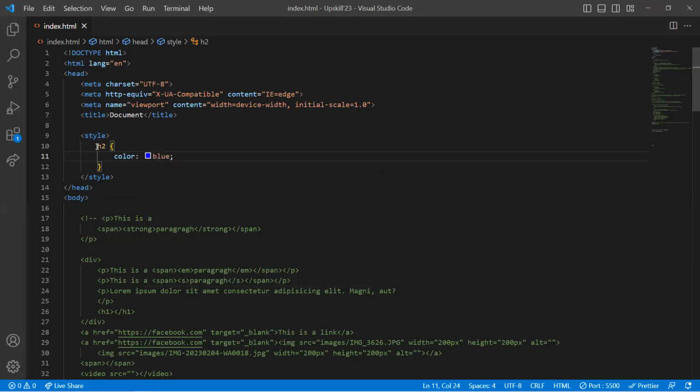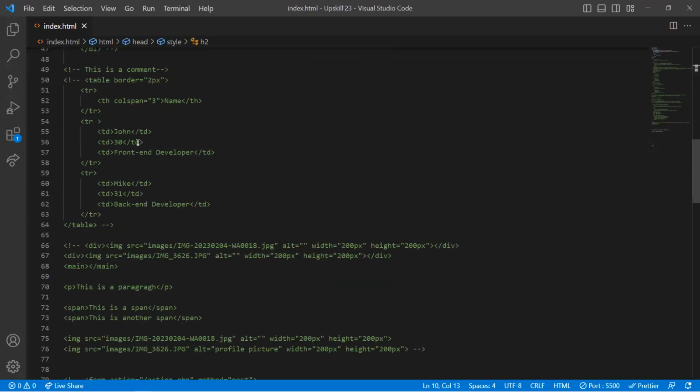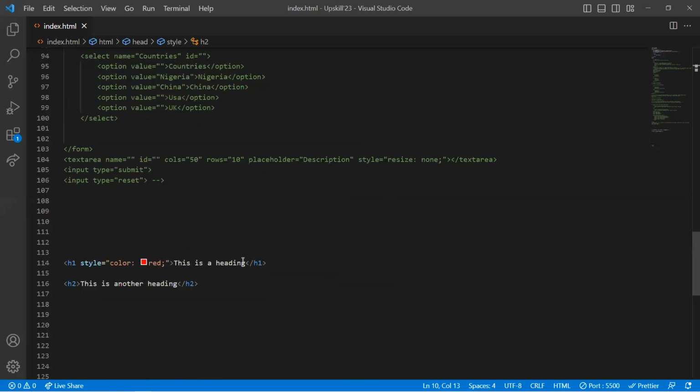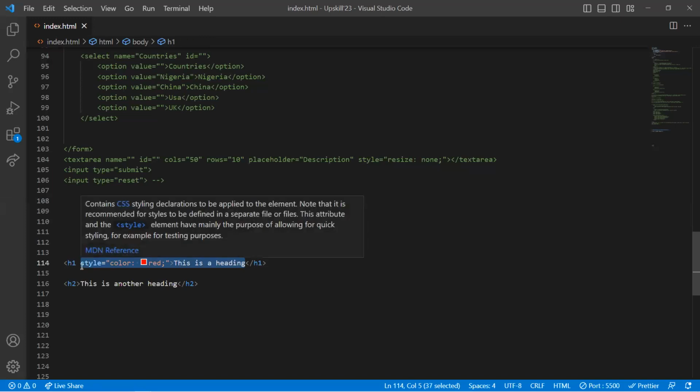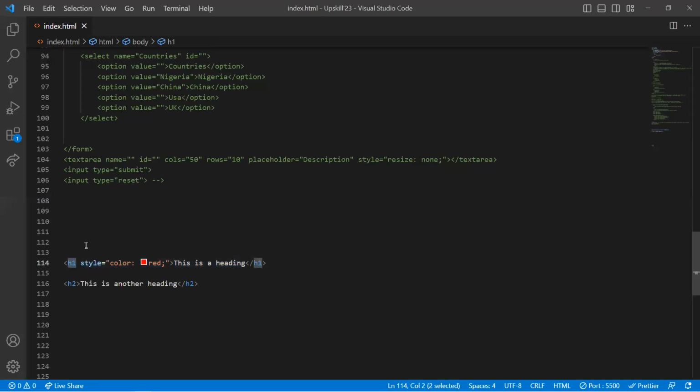What do you mean by selector? Selector is the element you're selecting or the element you're targeting to style, right? Why the selector didn't really work is because we are doing it directly inside that selector, which is the H1, right? Now in HTML, we have the H1 tag, right? But in CSS,